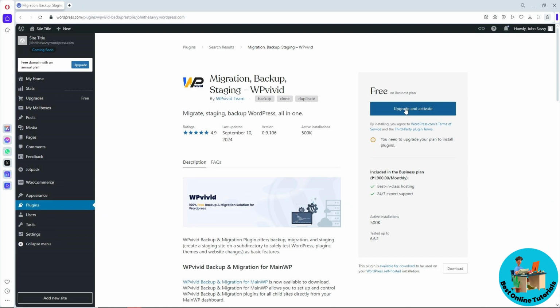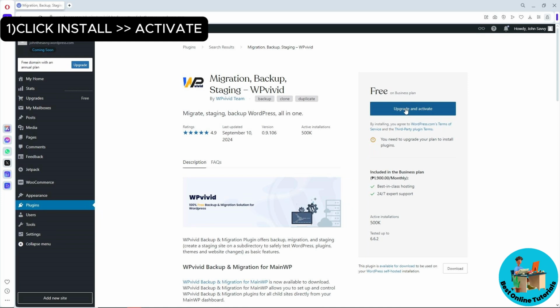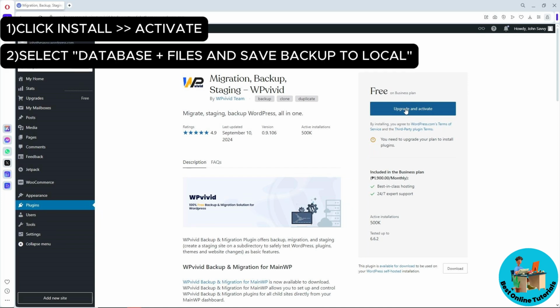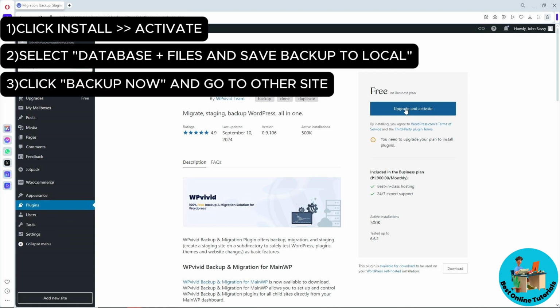So from here, just click on install, and after that, click on activate, and it will redirect you to the plugin. And from there, guys, just go ahead and select database plus files, and make sure to save backup to local, and you should be able to see there the backup now button, a big blue box. And from there, once you have backed it up, just go to your other site,